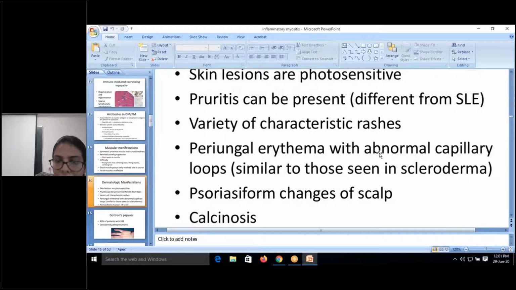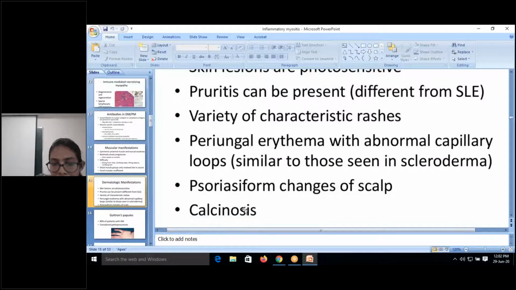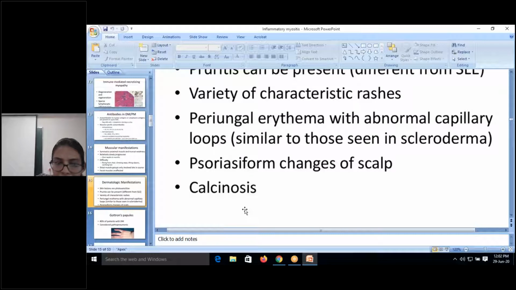Periungual erythema with abnormal capillary loops can be seen, which is similar to scleroderma. So skin rash, photosensitivity like SLE, periungual erythema, abnormal capillary loops like scleroderma, and psoriasiform changes of the scalp can be seen. Calcinosis can be present,